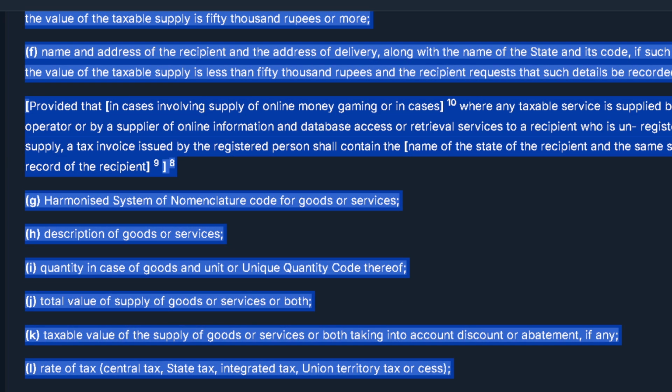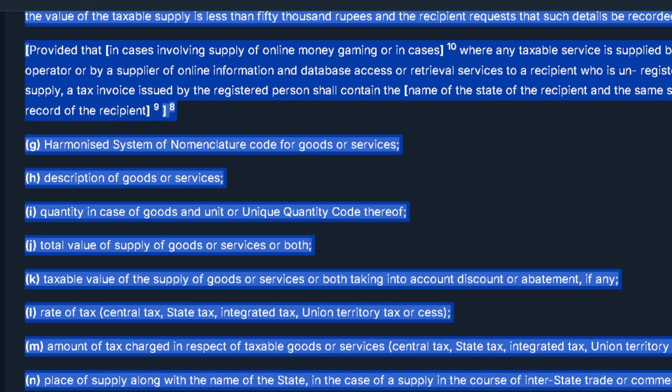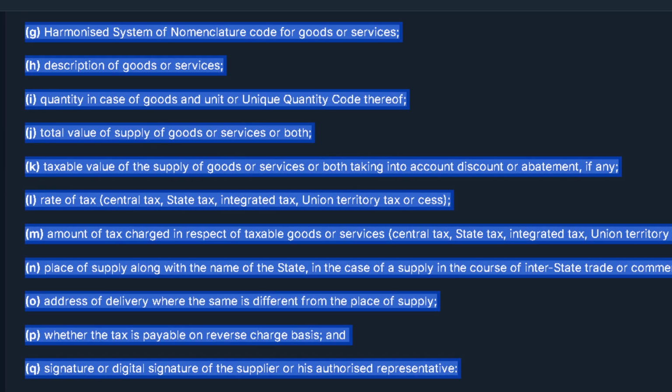The Harmonized System of Nomenclature code for goods or services, description of goods or services, quantity in case of goods and the unit or unique quantity code thereof, the total value of supply of goods or services or both, taxable value of supply of goods or services or both, taking into account discount or abatement if any, rate of tax (central tax, state tax, integrated tax, union territory tax or cess), the amount of tax charged in respect of taxable goods or services (central tax, state tax, integrated tax, union territory tax or cess),